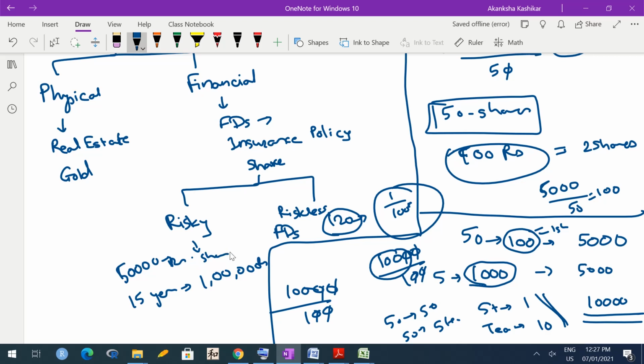Why? If we go back to this canteen example, initially you have invested 100 rupees in it, but suppose the canteen doesn't run well, it suffers losses. Then at the end of the year, not only is your money gone, you might have to pay. So if a company suffers losses, shareholders might have to pay for it. So obviously your money is gone, you are not getting any money back. So this is a risky investment.